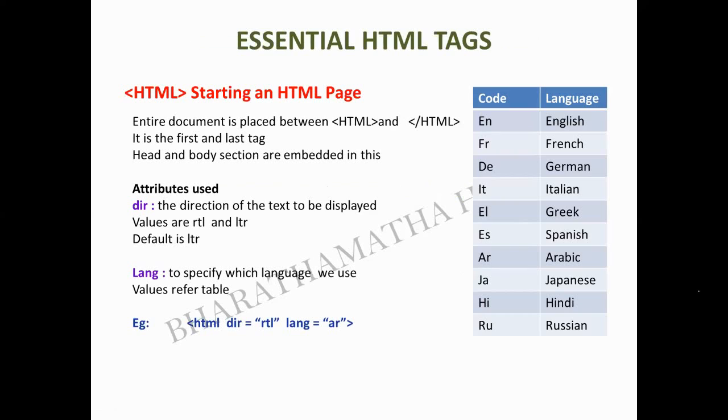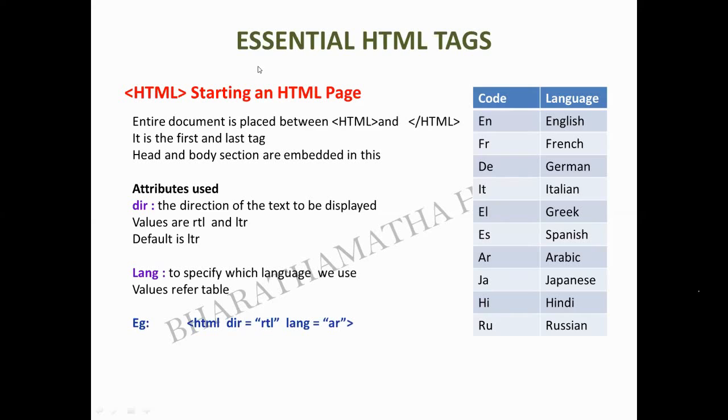So till this we have seen, the next part also we have seen. Just a simple program I have shown you yesterday. So html is the starting tag, as well as close html will be your ending tag. Along with this html itself, you have two important attributes and the associated values added along with it. The attributes are dir, which is meant as direction, that is, direction of the text. The values could be RTL or LTR.